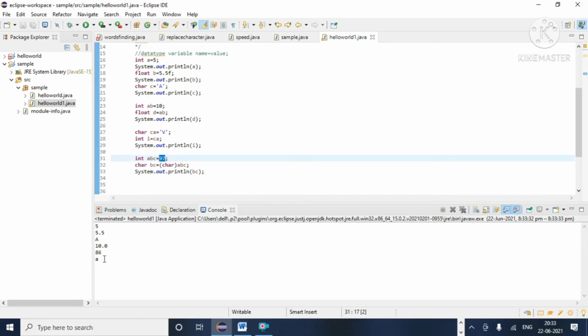You can see we gave an integer value, but the output we got is a char. So we are explicitly giving char before abc. This type of casting is known as explicit casting, whereas the earlier one is implicit. I hope you are not having any confusion and the concept is very clear.